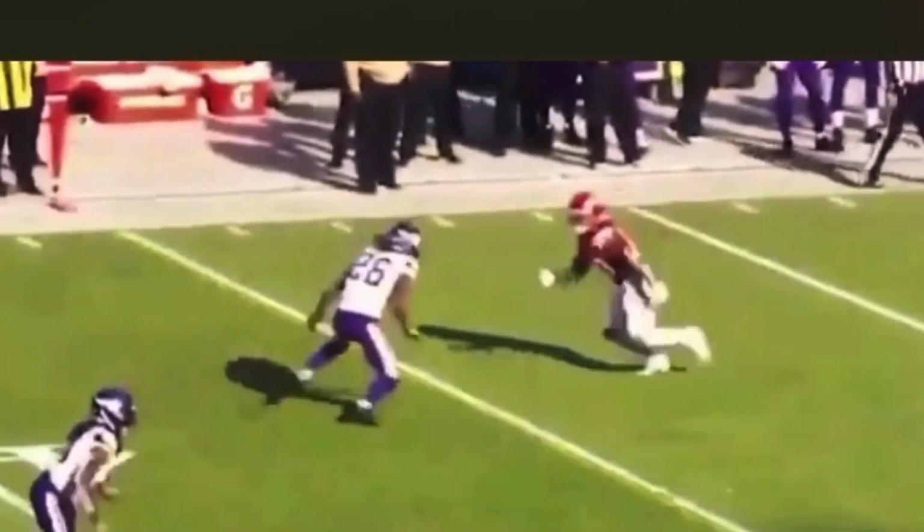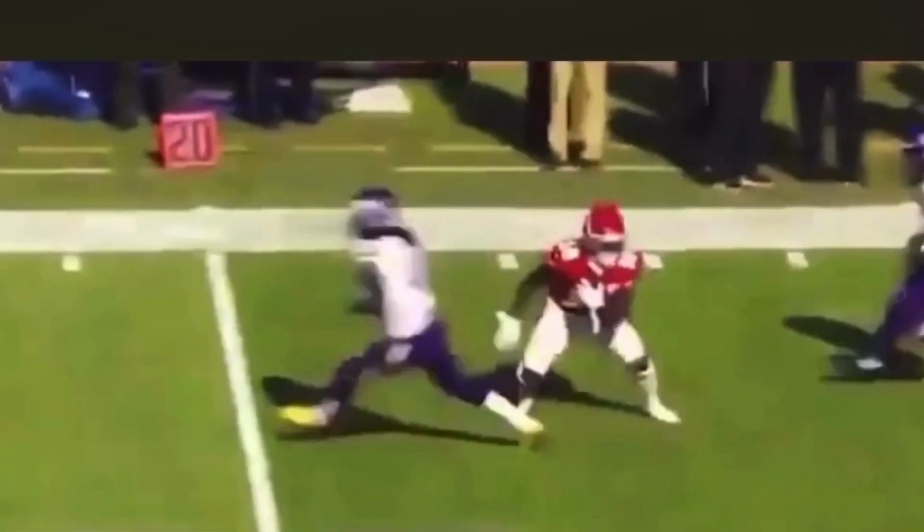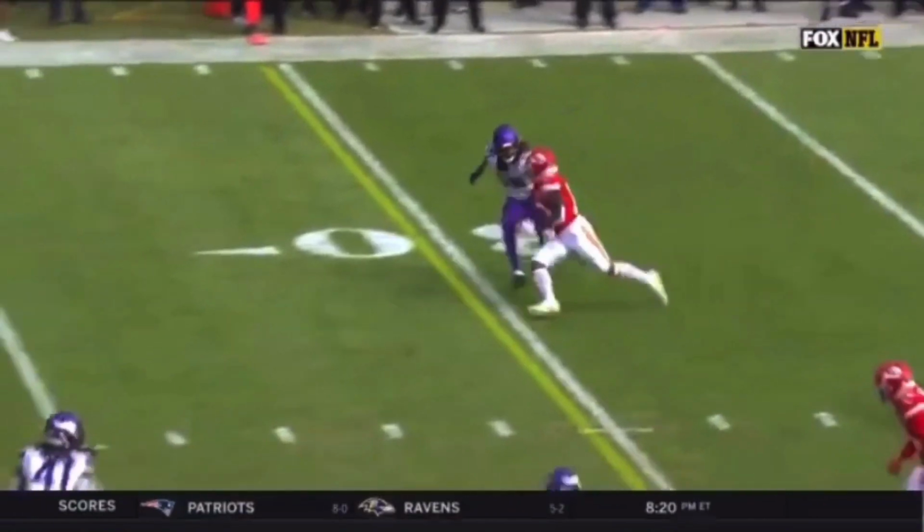What's up, guys? This is Coach Grant with First Down Training, and today we're going to be breaking down Tyreek Hill and some of his best routes from the 2019 season so far. I think Tyreek's game speaks for itself, one of the quickest, most explosive receivers in the game, so let's get